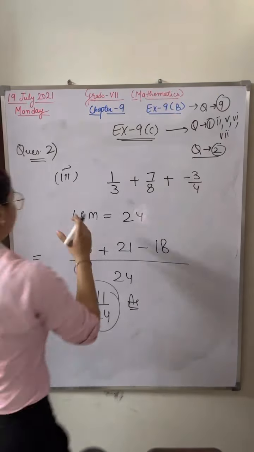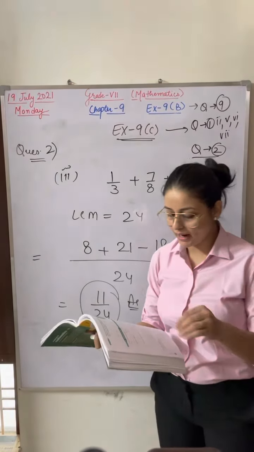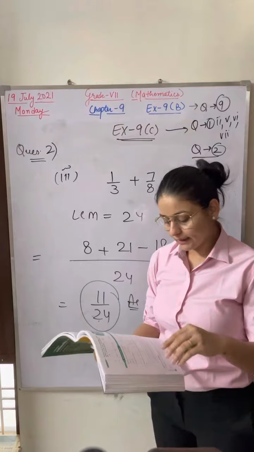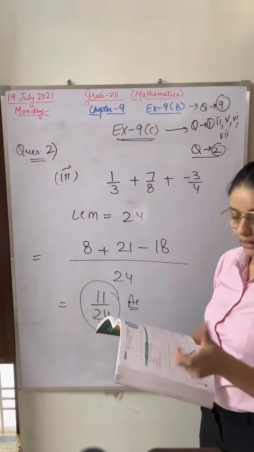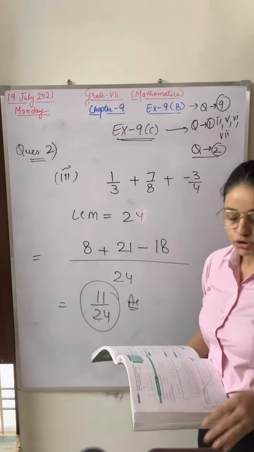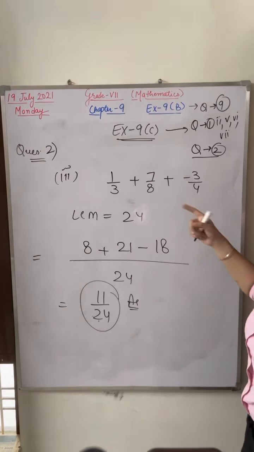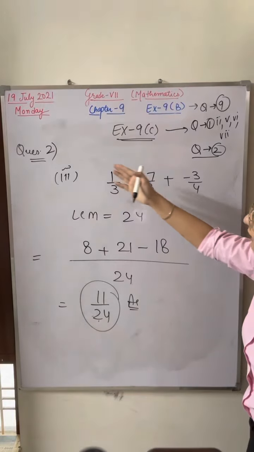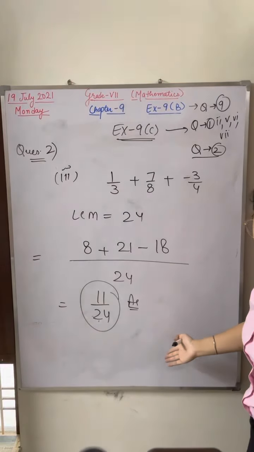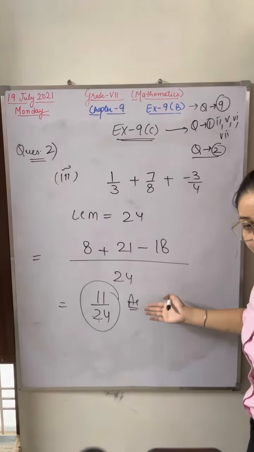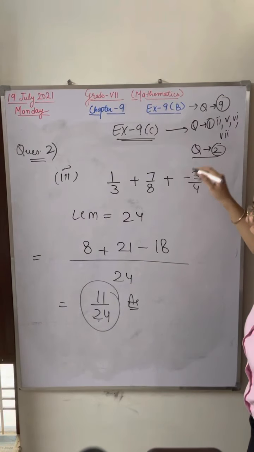So in this way you have to solve question second, all the parts. In the first part the LCM is same. Second part LCM will be different. Third part LCM will be different. Fourth part, fifth part, in these parts denominators are different. So find out the LCM and then compute the answer. Very, very easy. In the first question, there were 2 terms. In the second question, there are 3, 4, 5 terms. The concept is same. The way you are solving 2 terms, the way you have to solve 3 or 4 terms. Third question will start tomorrow in the class.